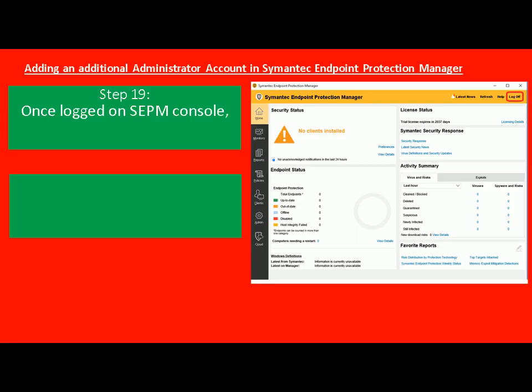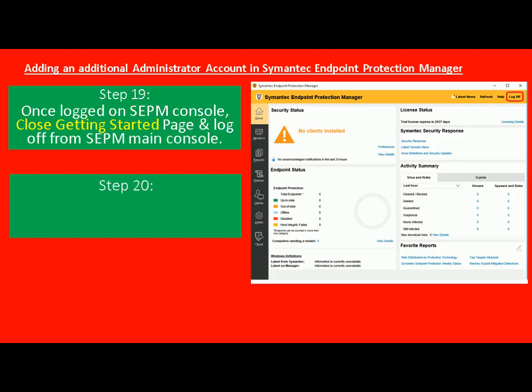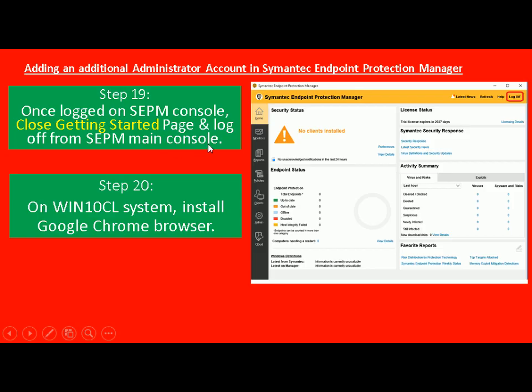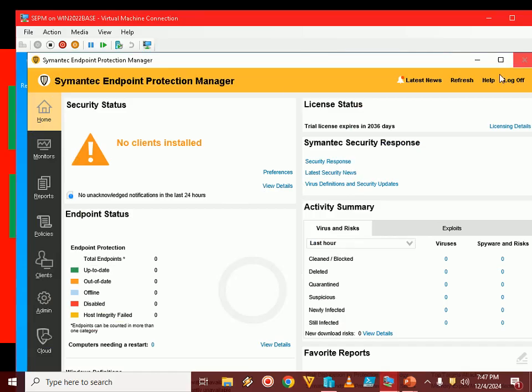And we have logged in on SEPM console. We have already closed this getting started page also. Now we need to again log off from the SEPM main console. Why? Because we need to log in from some other machine. So before going to step 20, I will log off from here